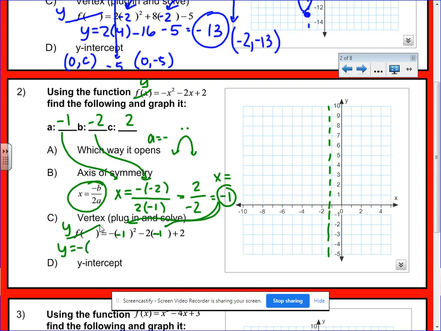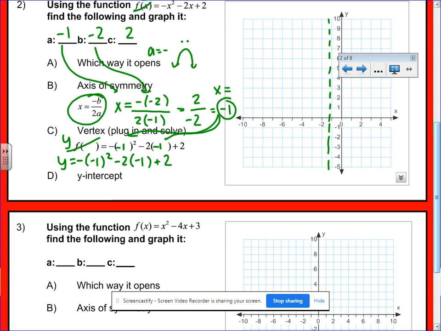So negative of negative 1 squared minus 2 times negative 1 plus 2. It's a lot of negatives. Just to make sure you're doing this all correct, and I'm talking as much to myself as I am to you. All right, so negative 1 squared